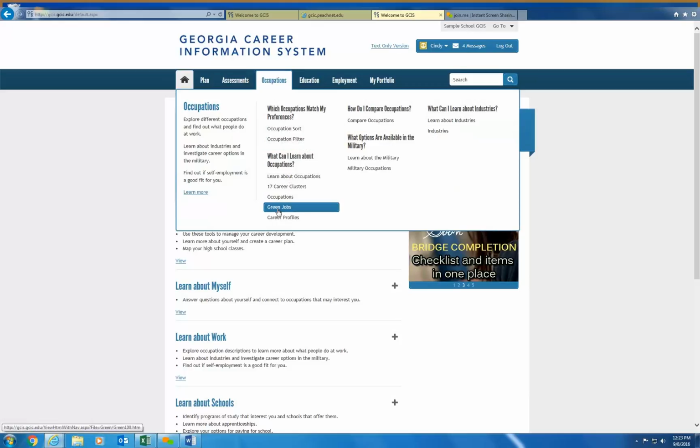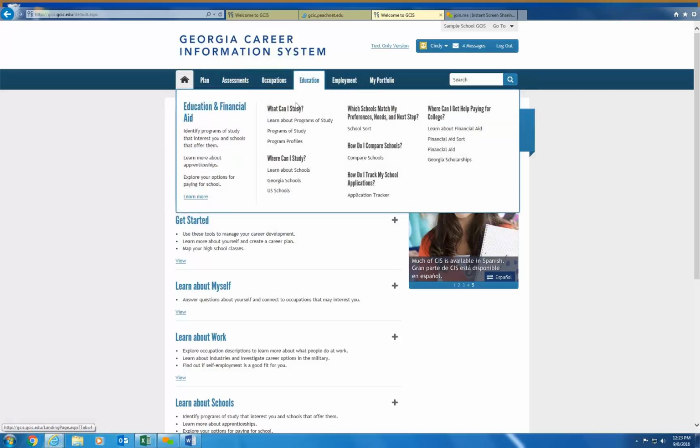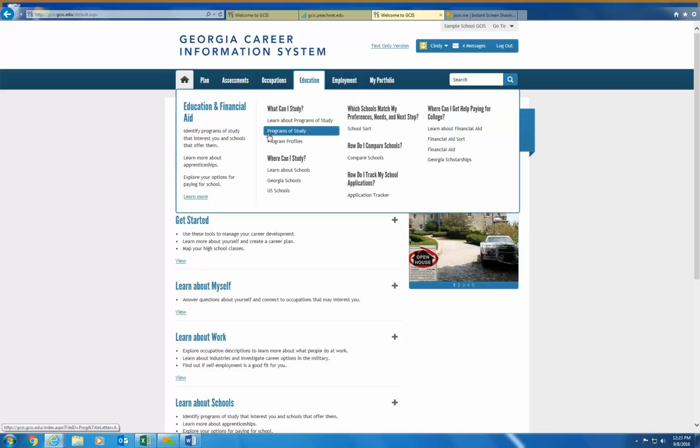They may also be interested in military occupations, and they also have an opportunity to compare occupations side by side. When you are speaking with your students about move on when ready, you have an opportunity to look at various programs of study that they might want to look into to supplement their dual enrollment opportunities.